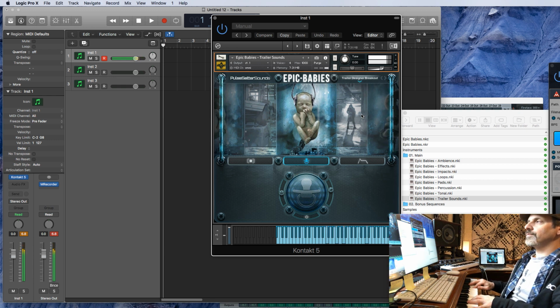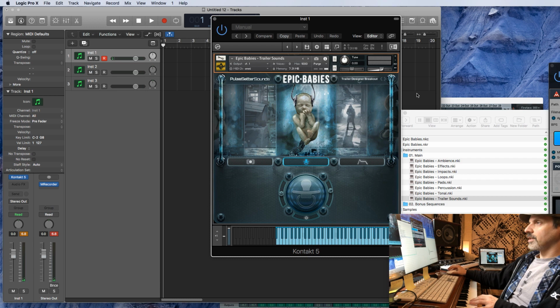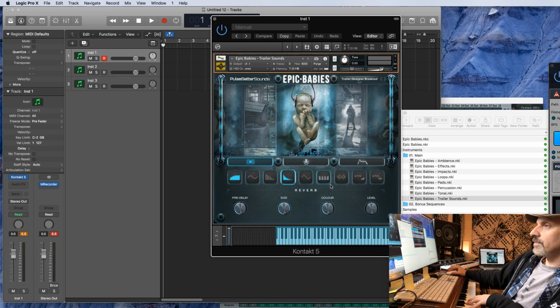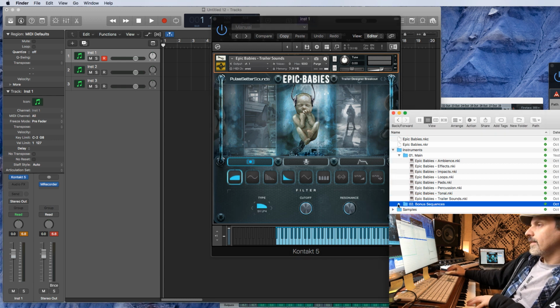So a lot of material here. It's basically its own little library. I don't know if it's one of those full-fledged libraries, but a lot of cool sounds. Plus, you can obviously change them even more with a GUI. And then